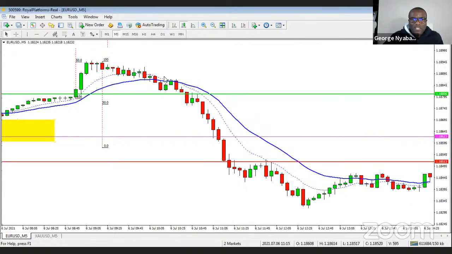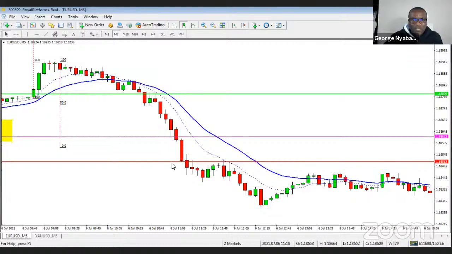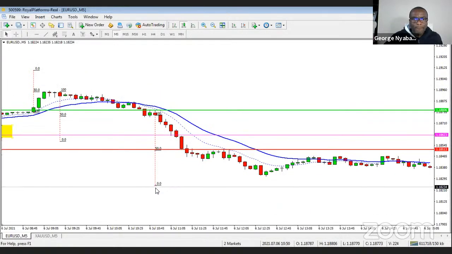Strong bear breakout. You can't ignore that. We get here to the low of the previous day. We close beneath the open of the day. So strong bear breakout. What is likely to happen? If you take it from there, that's your breakout to where it ends. So you're saying to yourself, well, if the bears are strong, they're going to follow through to get to that level. So if I see a decent enough pullback, I'm going to trade it.